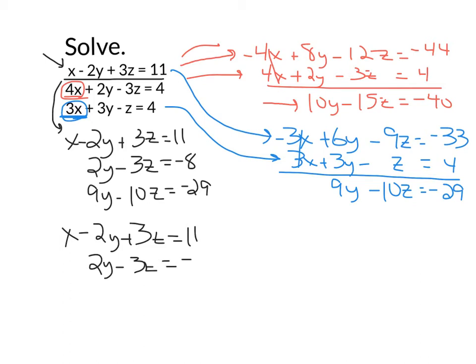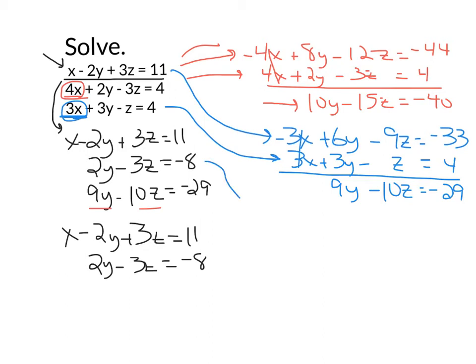Now what I've got to do is elimination one more time, and I need either the 9y or the 10z to go away. Doesn't matter which one, but one of them has to disappear. Neither one of them makes that really simple to do. So what I'm going to do is get rid of the 9y, which means I'm going to